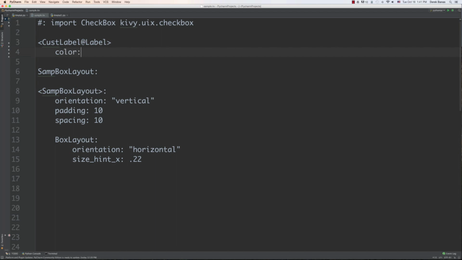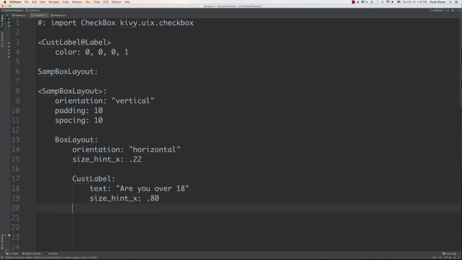And I'm just going to come in here and define a color for this, which is going to be black, and make the alpha 1. And let's just keep that the way it is. And then we can come down here and have our label all be in black just by doing that. So pretty neat stuff. And then we can come in and say something like text, are you over 18? And then let's size this. Let's say something like size hint, and we'll say X, and we'll say that we want to take up 0.80